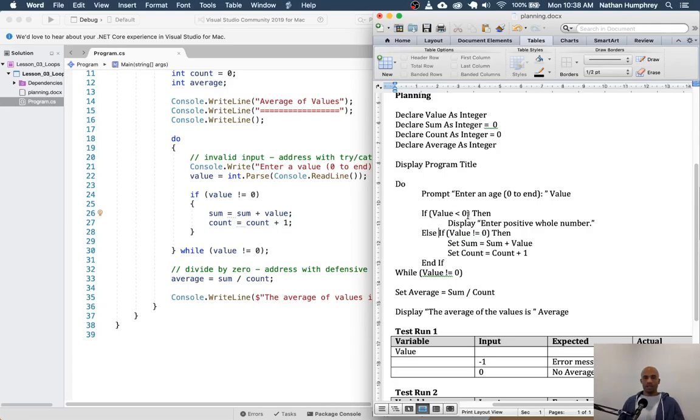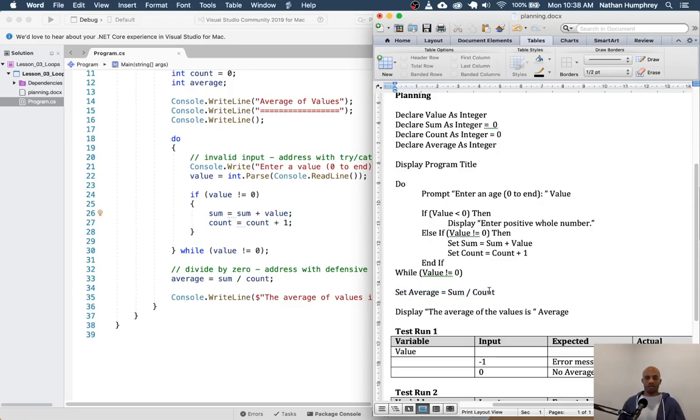So if the value is less than 0, we show them an error message, and that's it. We jump out of this structure because this is now tied together. Well, that was true, so we don't do any of this stuff. We go down to the value, whatever the value was previously, we loop around, and we go ahead and we do the same thing, okay? So now this is a problem here. You know, in the future, we'll talk about why, but a negative value, if that's what we entered, is not equal to 0, so it will loop around and we'll be able to enter another value. Fantastic. If we do enter a 0, then 0 is not less than, 0 is in fact equal to, so that's not true. We just jump out